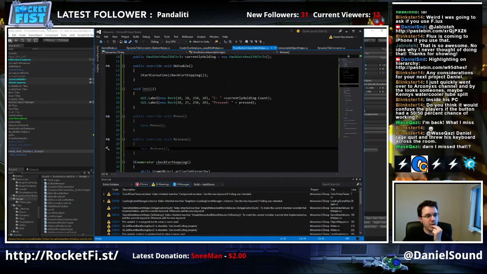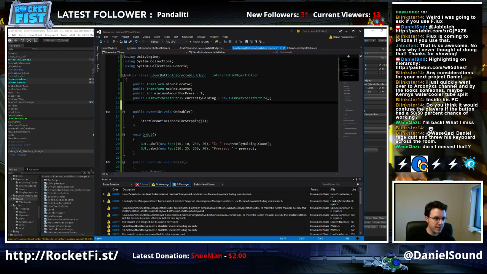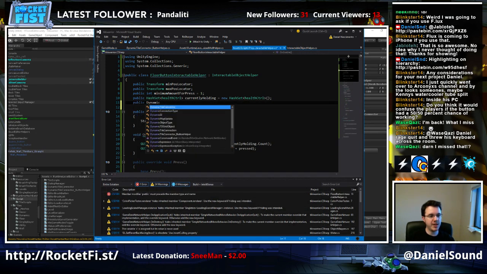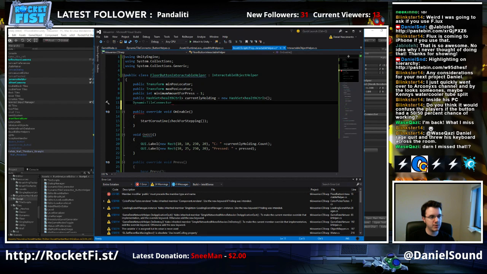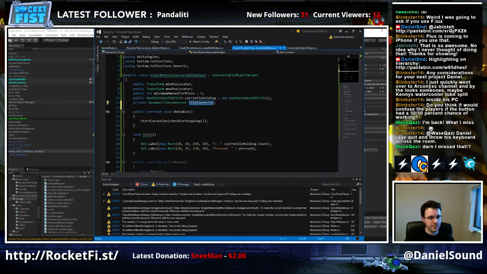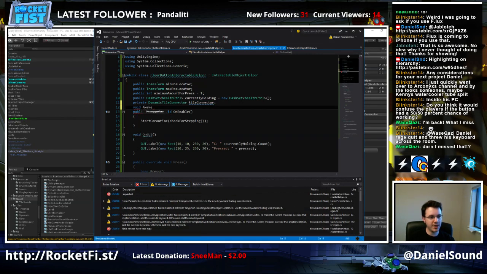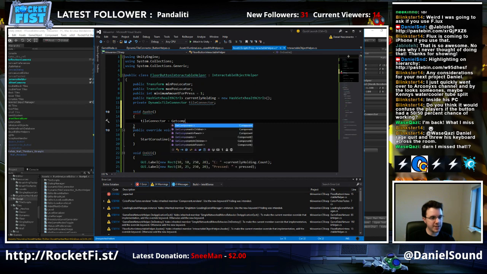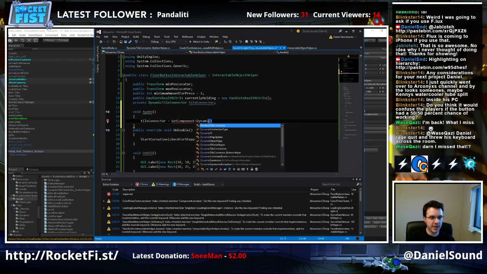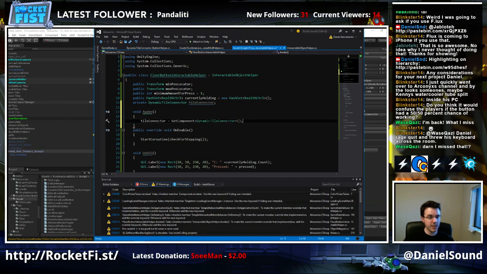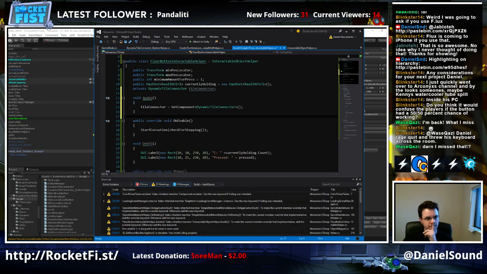So on my raised wall, I'm going to have a reference to my dynamic tile connector. And let's say that on awake, I'm going to get that reference, get component, dynamic tile connector,